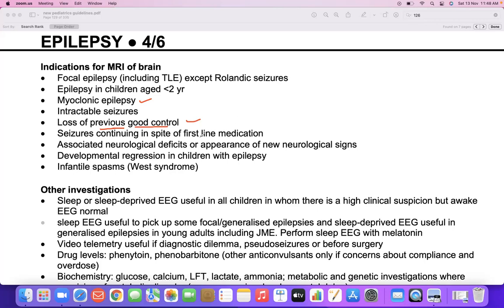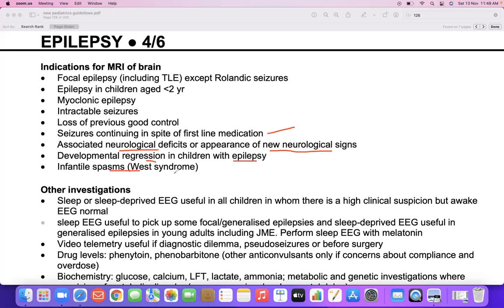You will consider seizures continuing in spite of first line medication. First line medication treatment is given to the child and still he is having seizures, that means you can say simply failure of your treatment, failure of the first line medication, and/or there is neurological deficits on examination or sudden appearance of new neurological signs, developmental regression in children with